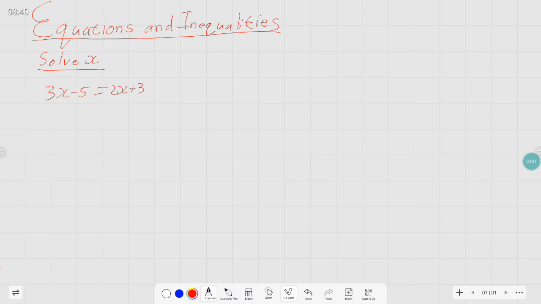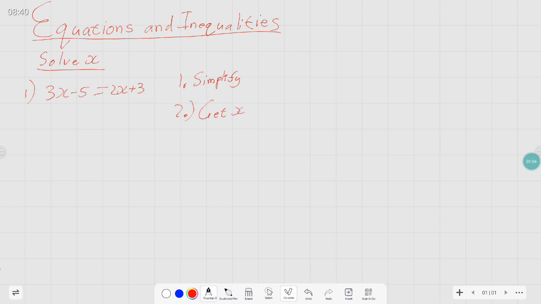Now, when we have an equation or an inequality, your first step always is simplify. When I mean simplify, it means see if it's in the simplest form. Is this currently in its simplest form? Is there anything I can do on the left-hand side or right-hand side to make it smaller? No, there's nothing. So it is already in its simplest form. Then we move to step 2, which is